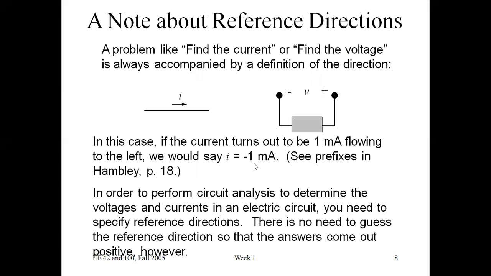In this case, if the current turns out to be 1 milliampere flowing to the left, we would say I is equal to minus 1 milliamp. So if we look in a different direction, it is negative. In order to perform circuit analysis to determine the voltages and currents in an electric circuit, you need to specify the reference direction. There is no need to guess the reference direction so that the answers come out positive. However,